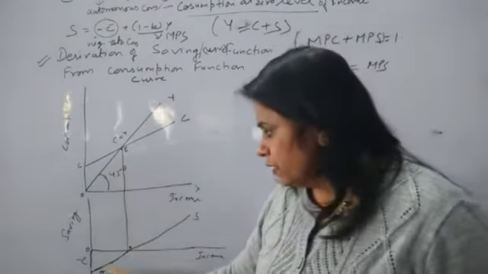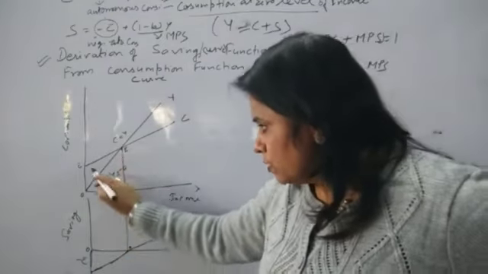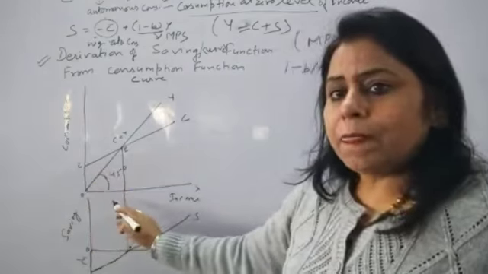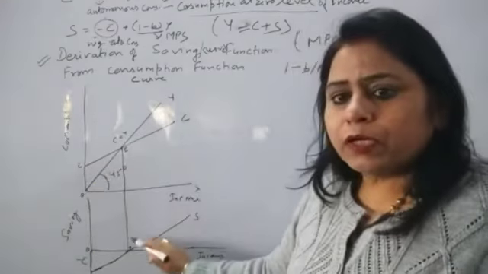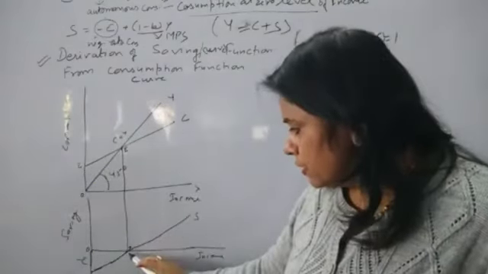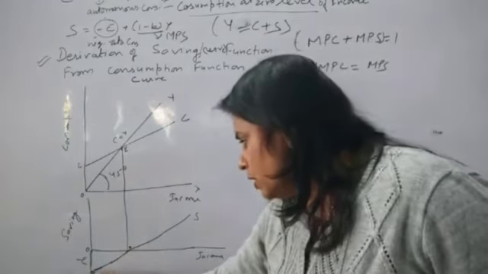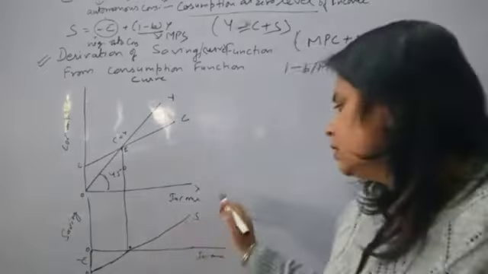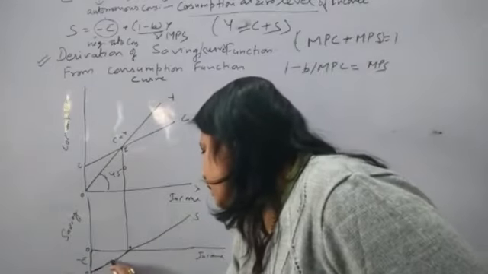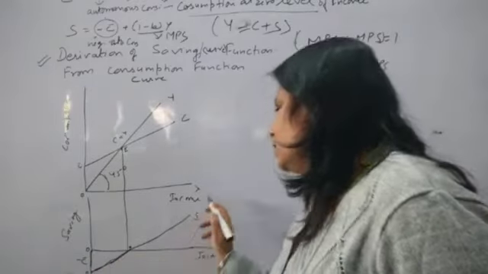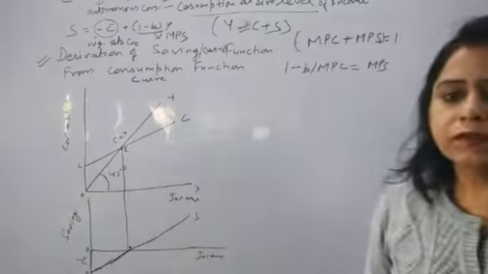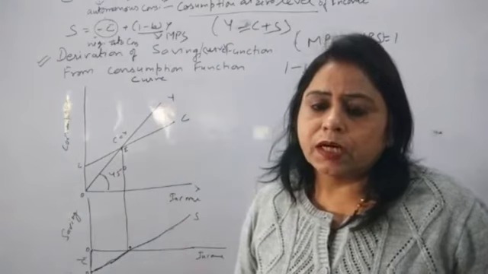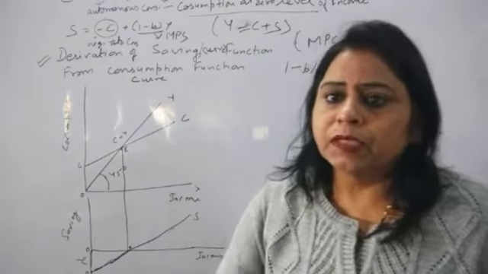Derivation of the saving function: we will take minus C bar equal to the C bar here, and then we will make a perpendicular line here till this axis, and we will join this point, any point you can say B point, with a straight line making the saving curve. That is our derivation of the saving curve from the consumption curve. Did you understand? Yes, you got it.